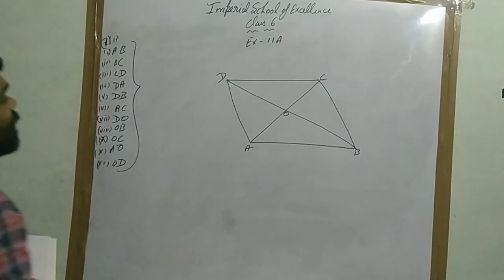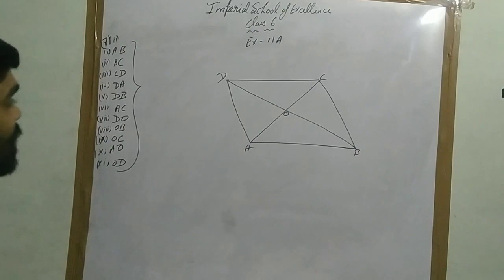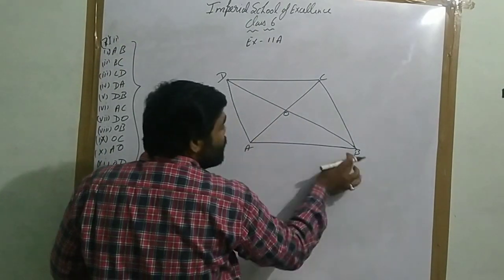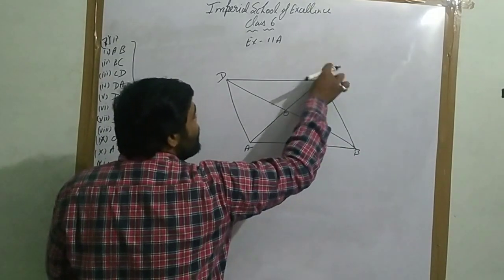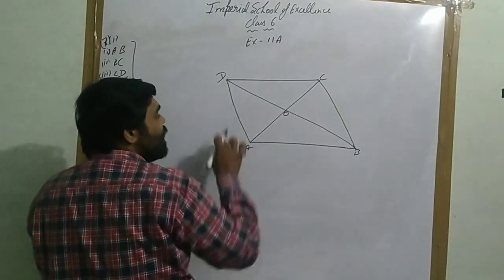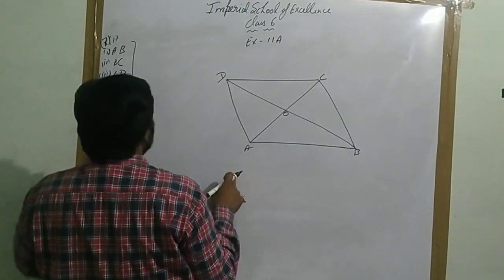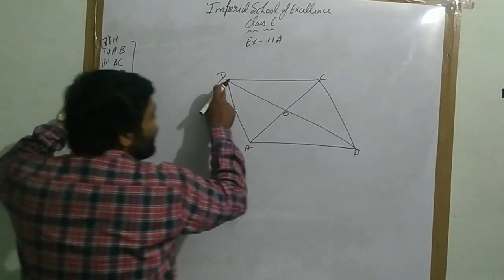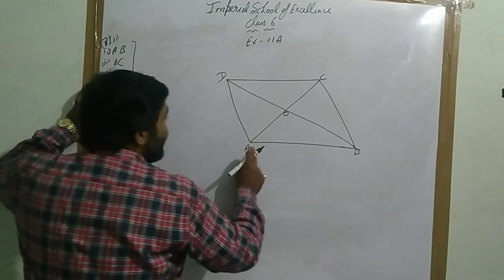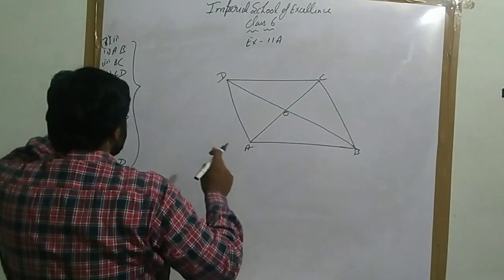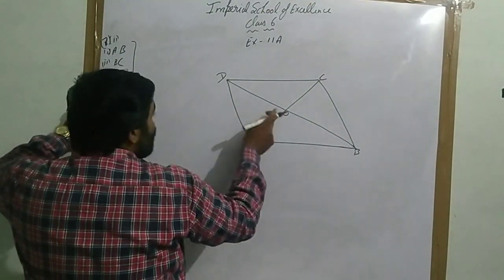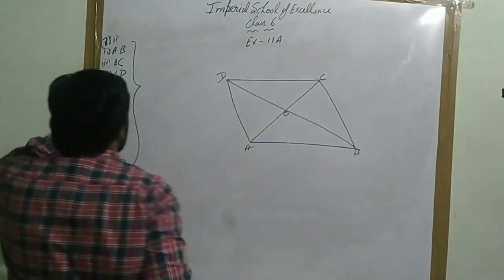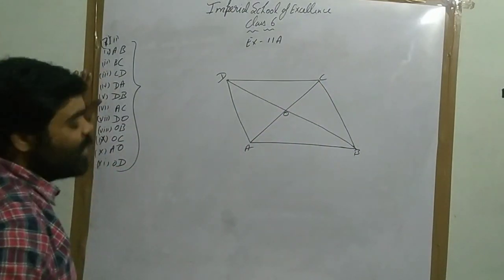You can see here AB, BC. Now see, these are the end points of the lines A, B, B, C, C, D, D, A. After that we have taken AB, BC, CD, DA. Then we have taken DB. After that AC. After that DO. Then OB. Then AO. Then OC. These all are line segments with end points.